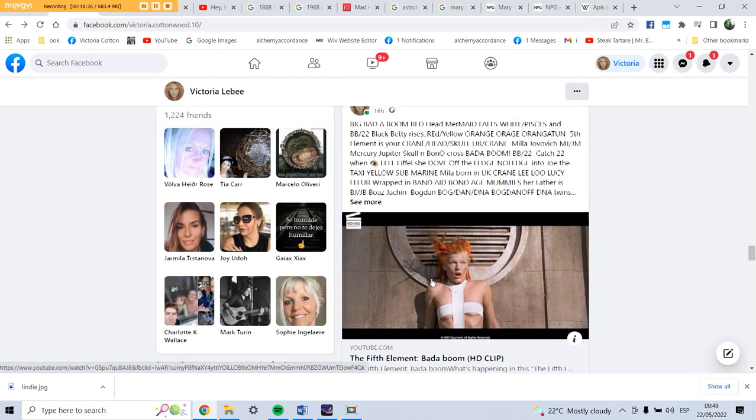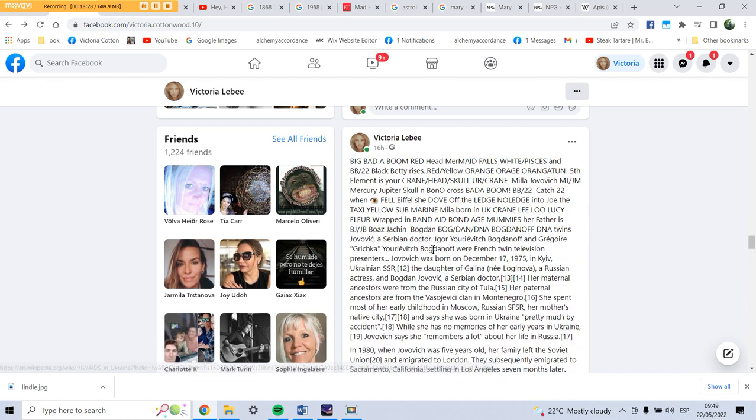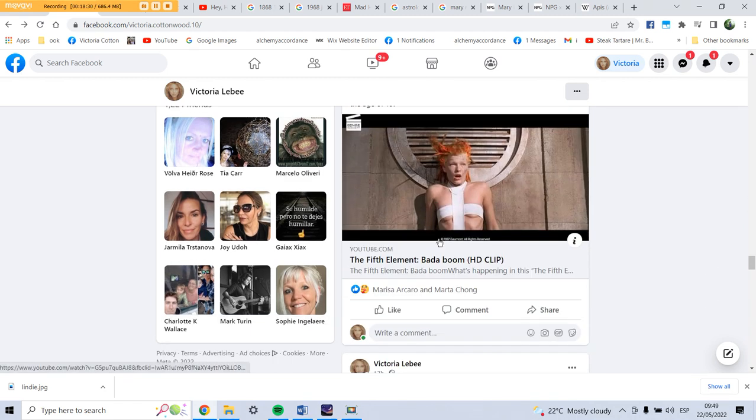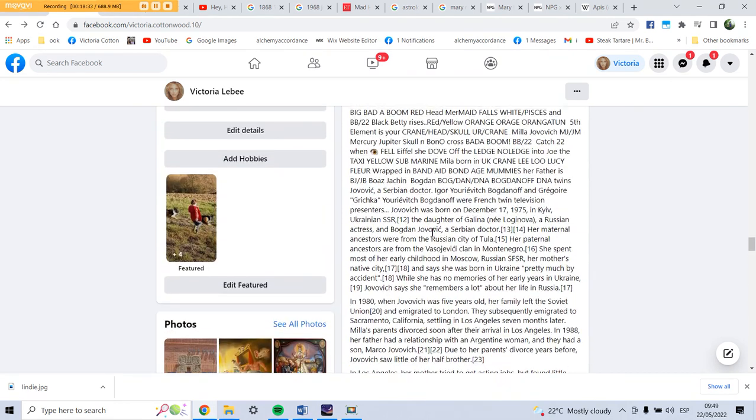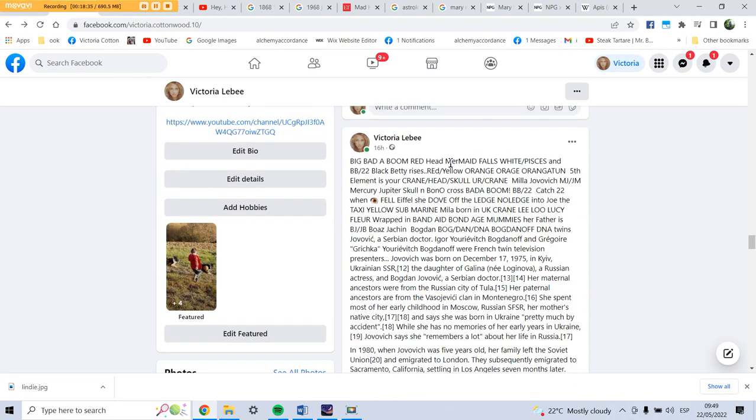Okay, the Fifth Element. So Miller, I've got big bada boom, redhead mermaid falls, white Pisces, and B22 Black Betty rises. Red, yellow, orange, orangutan, King Louis. Fifth element is your crane, head, skull, your crane. Mila Jovic, so MJ, Mercury, Jupiter,